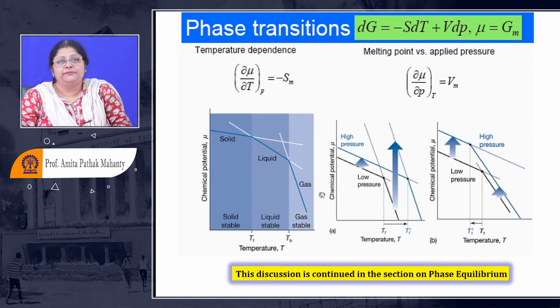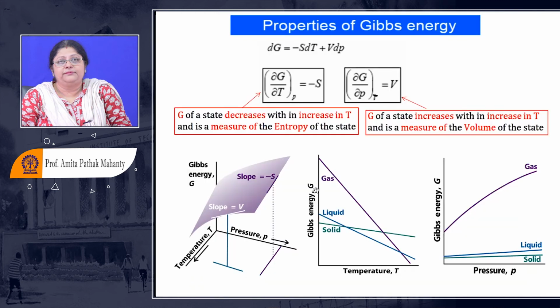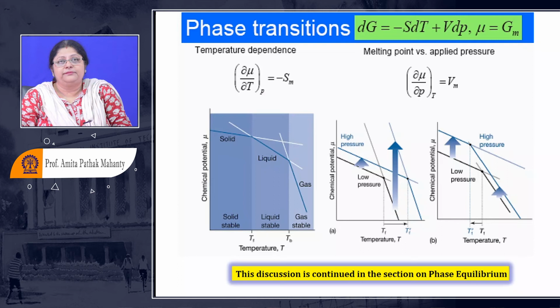What we had seen was the G versus T plot, which is the measure of the entropy of the system. So the G versus T plot is something like this. And when you take all the things into consideration, you keep the x-axis whatever it was, and change the y-axis from Gibbs energy to chemical potential. Then the matter becomes more relevant, because we are going to do everything per mole when we are doing studies.